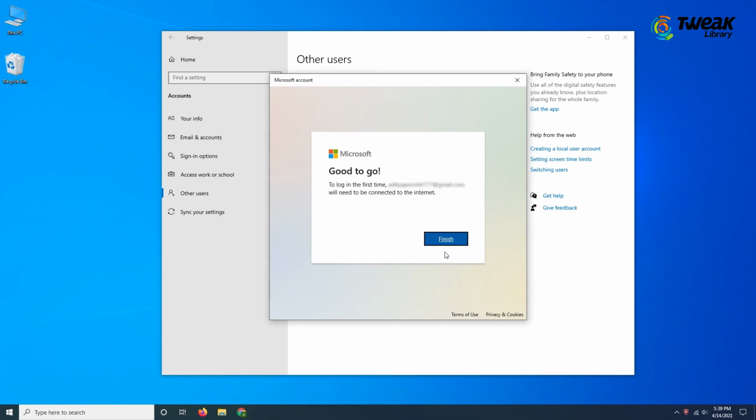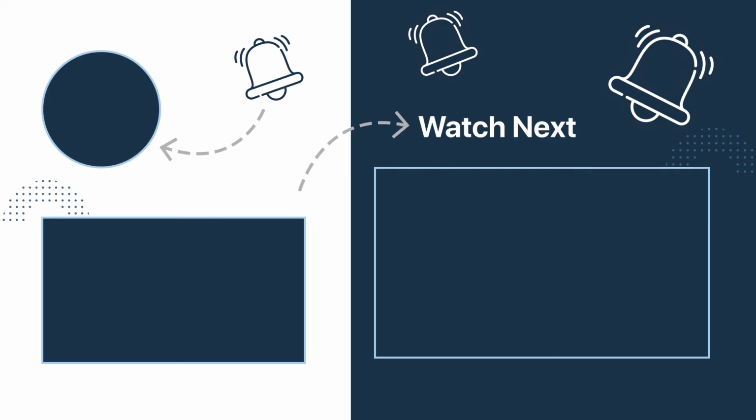So that's all. Try these methods to solve your Windows 10 screen flashing problem and share which method worked for